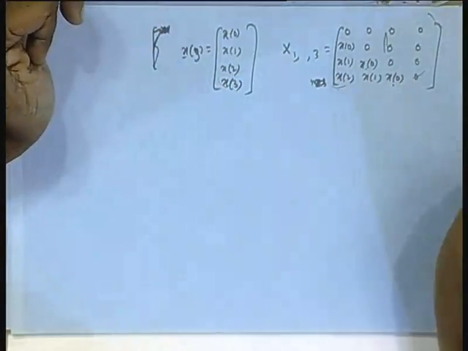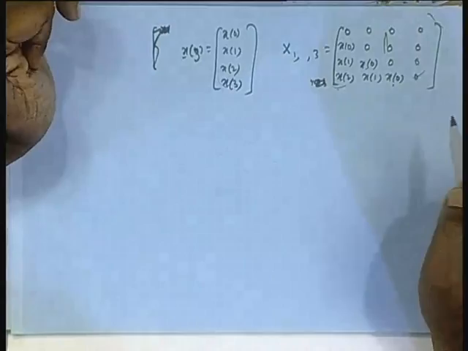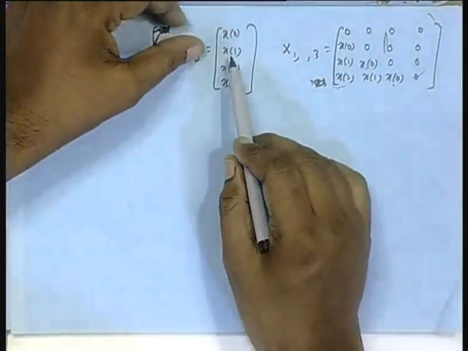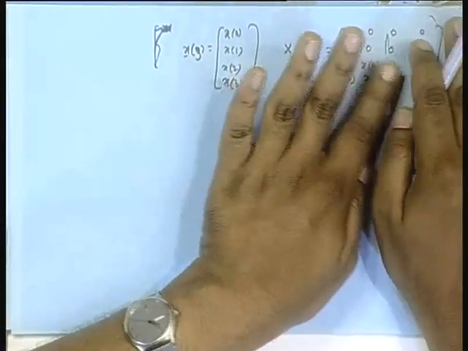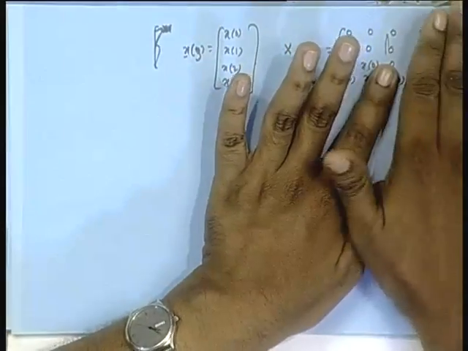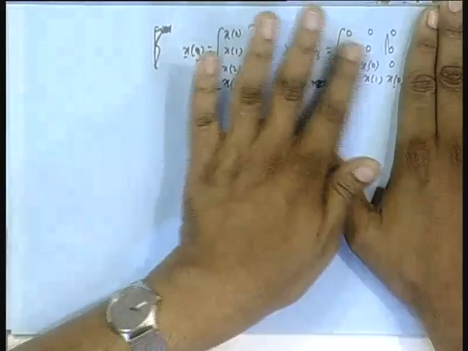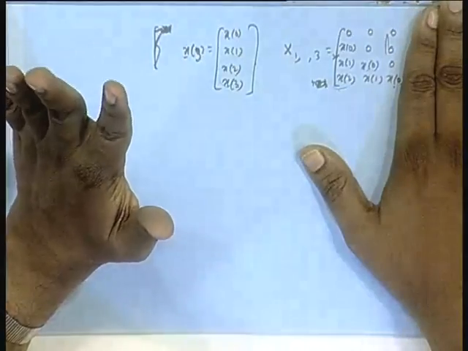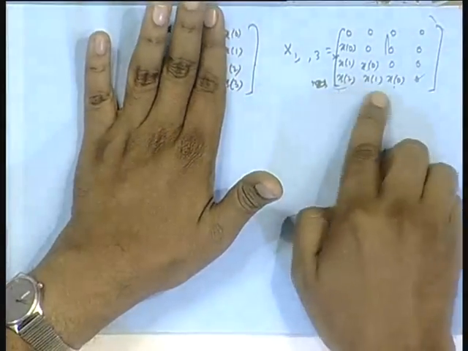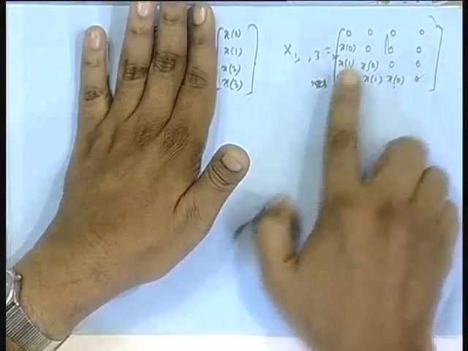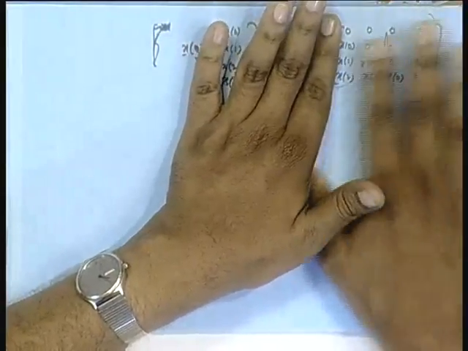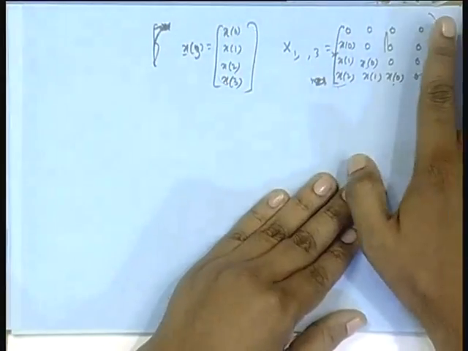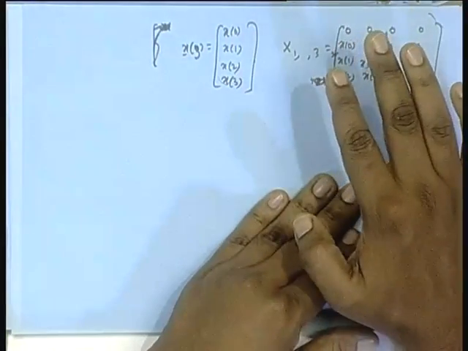Suppose you have to do pth order backward prediction. Current vector, forget about this, current vector, this column, this column, this column, this column, 4th order. Like here also it was 4th order, this was to be projected on the space spanned by the 4 columns. I had obtained prediction for 3rd order, I was going for 4th order. Here also suppose I want to do 4th order backward prediction.